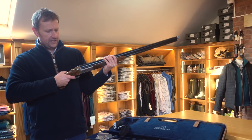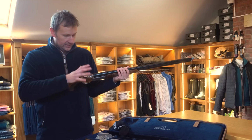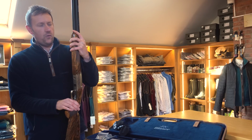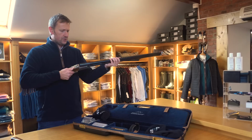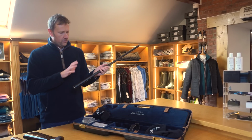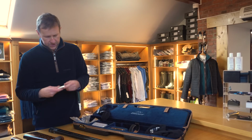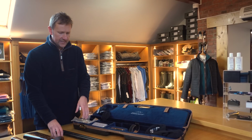First of all, without using the German car analogy, when you close this thing it shuts like a Golf door. It is really smooth, really crisp to shoot. I have had a few of these guns, and when they were launched, apart from being a really low profile action, it was the first gun really to offer a balancing system. With this, you had barrel weights, which we've got here, and these very cleverly screw onto the side. I think they're 42.5 grams either side. What that did is it enabled the shooter